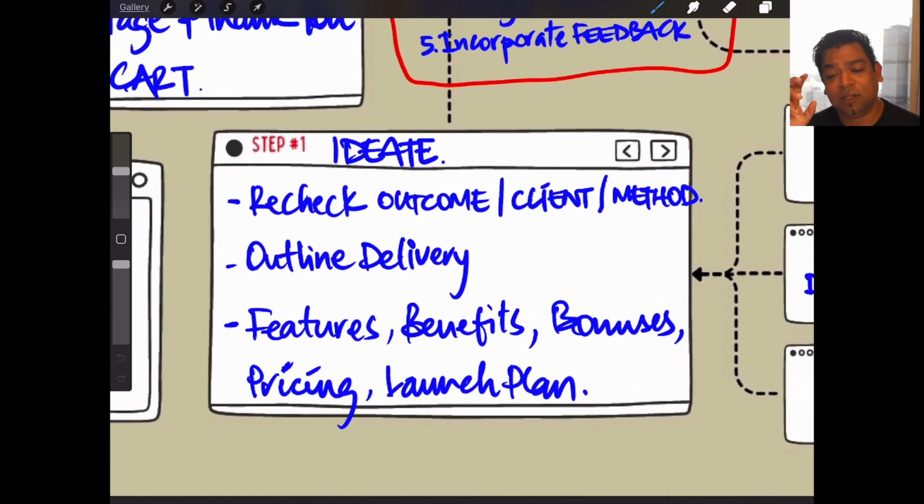When it comes to ideation, the thing that I want you to remember is to recheck for the outcome, that your product is actually creating the outcome for the right client. And this is the method to deliver that outcome. You've got to outline your delivery. How exactly are you going to deliver this outcome to your prospect? Like, how are you going to get them the result? And then you're going to outline what the features, benefits, bonuses, and price are, and you're going to